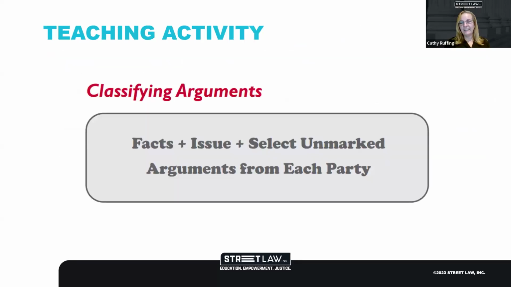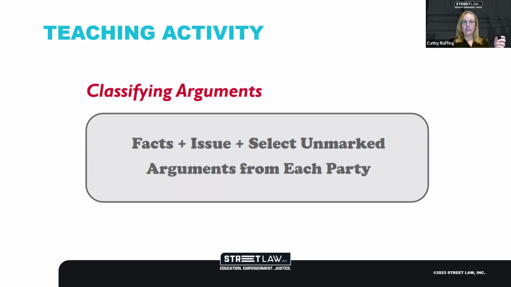Great. So we're going to take a little teaching tip moment here to talk about if you can't have Gregg and Kim Zoom into your classroom, how might you teach about this? Since you didn't go to law school likely, and you may not have time to be as versed in this case as the two of them are. And I'm going to talk about an activity that we like to use, a pretty quick activity called classifying arguments.